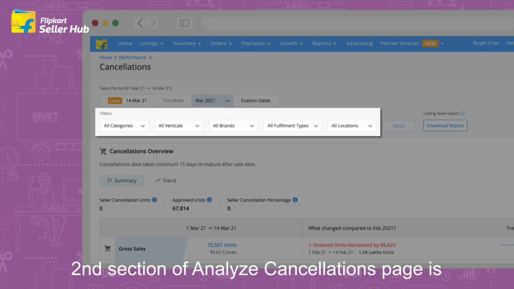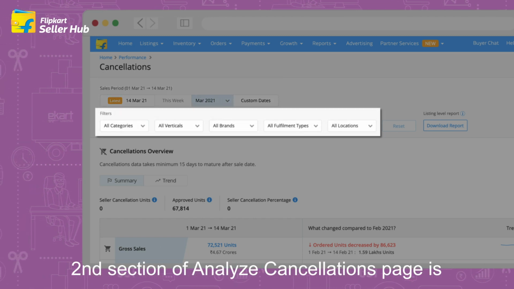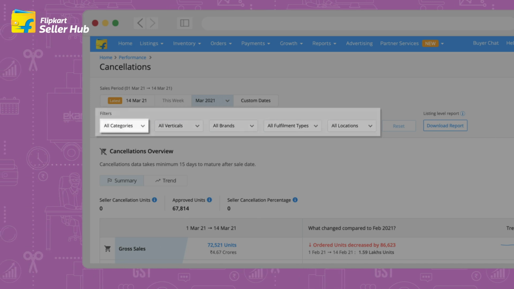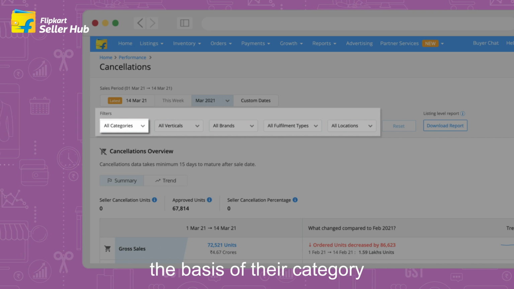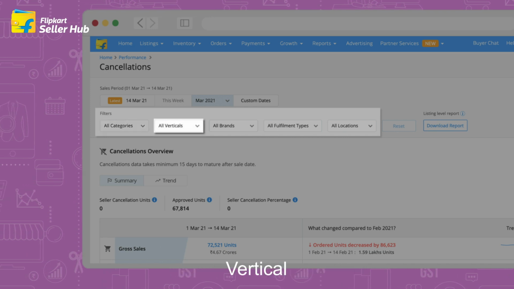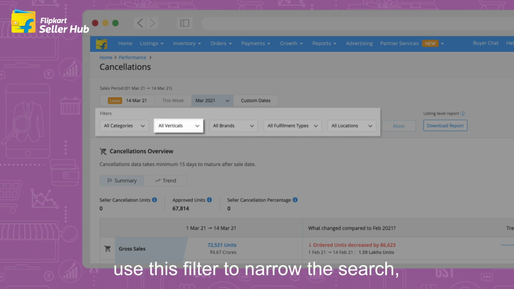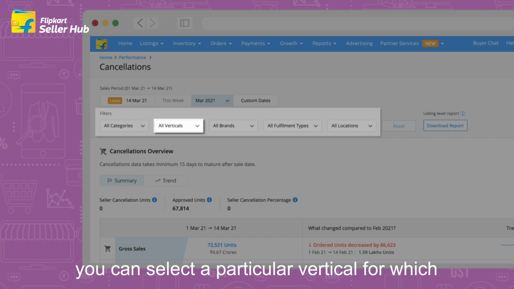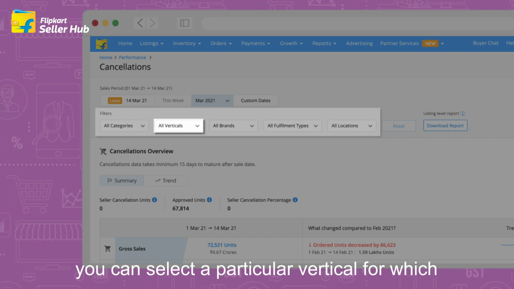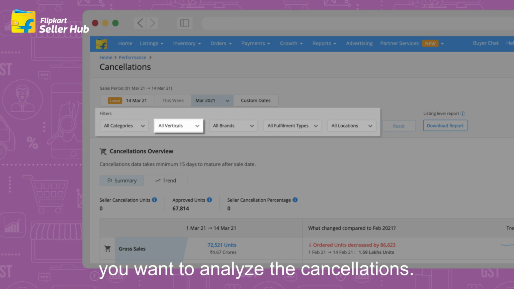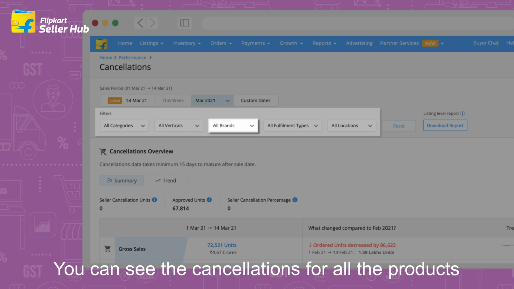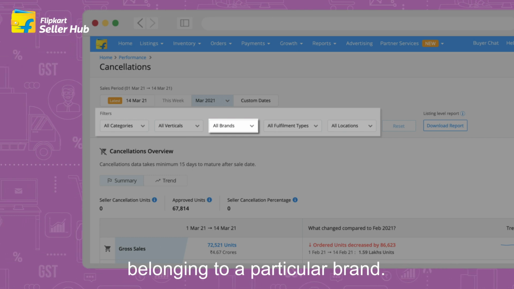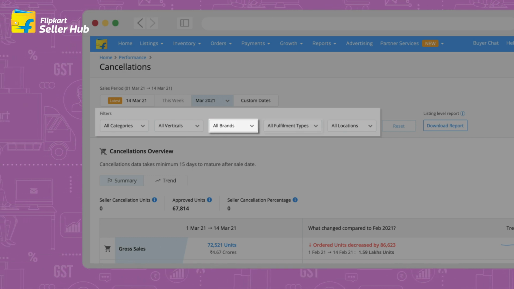The second section of the Analyze Cancellations page is Filters. Here you can search for cancellations on the basis of their category. Vertical. Use this filter to narrow the search. You can select a particular vertical for which you want to analyze the cancellations. Brand. You can see the cancellations for all the products belonging to a particular brand.